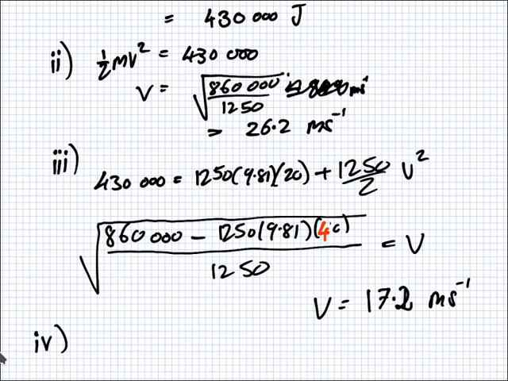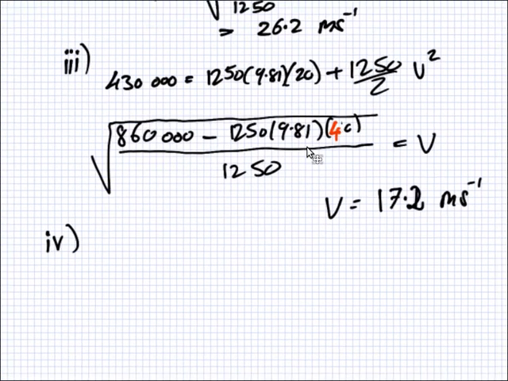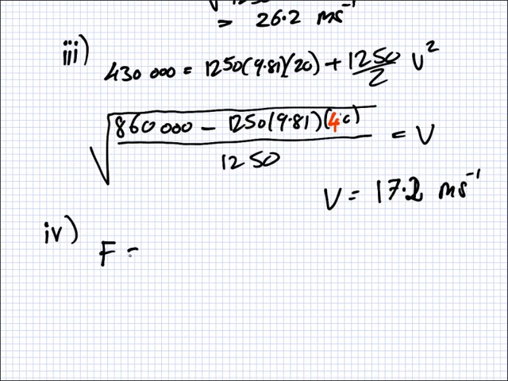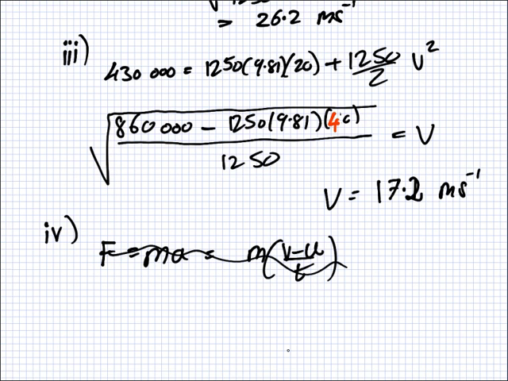The last part is at point C, the brakes are applied. Calculate the force required to stop at D, which is 25 meters away. So, the force equals MA, which equals m times (v minus u) over t, but we don't know the t. So we won't use that formula. We could instead use